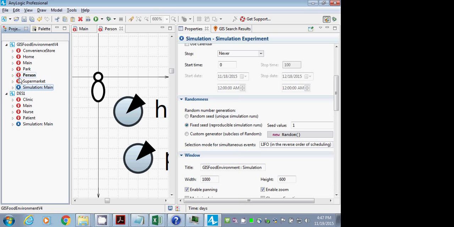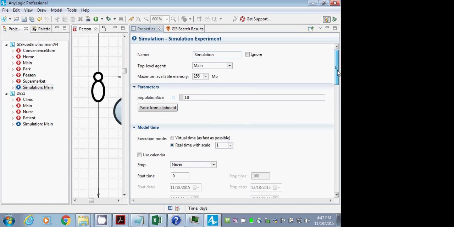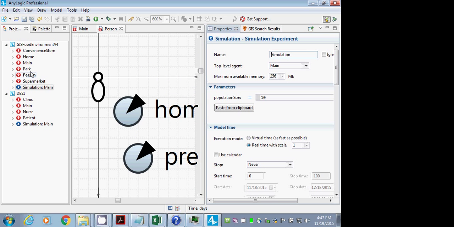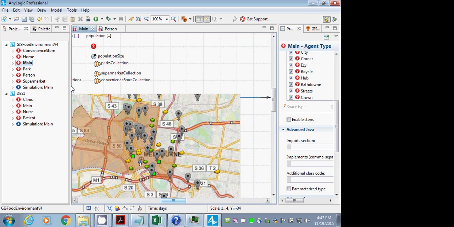We're now going to start examining interventions. The classic way to capture interventions is through different experiments. In this case, we have only a single parameter in main, which is the population size right now. That's okay, but we're going to add another 2 parameters to main. Okay, so let's go to main, and let's add in a